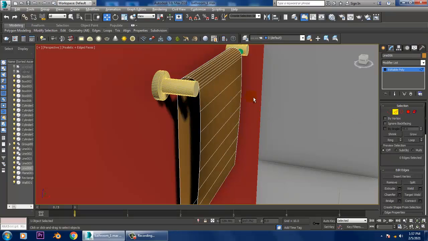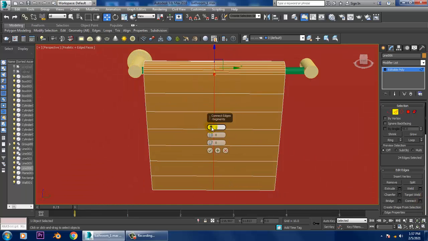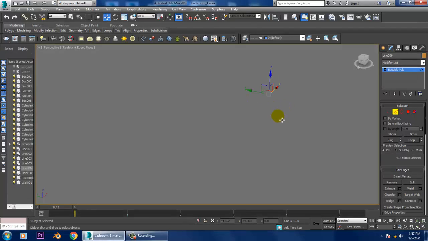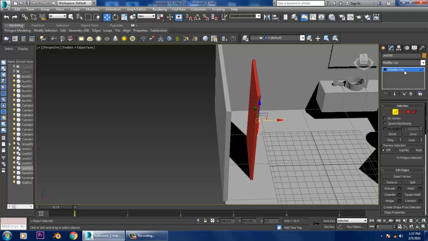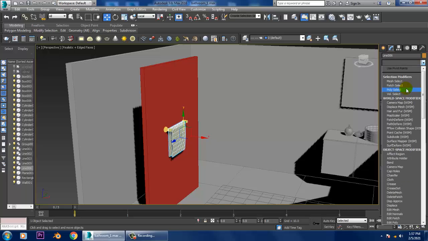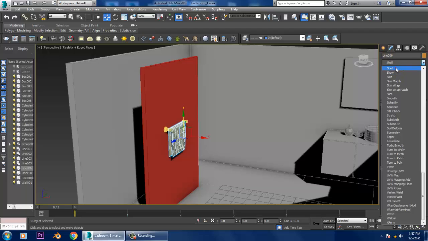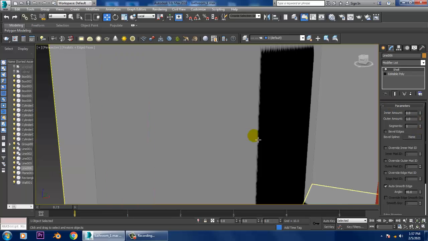Let's go into the edges, select the edge, let's give connect over here. So once you're done with this, so definitely we can generate these details. So give a shell modifier on top of it. So shell will give a bit of thickness to it. So whatever cloth you are assigning the cloth properties. So once you assign a shell over here,